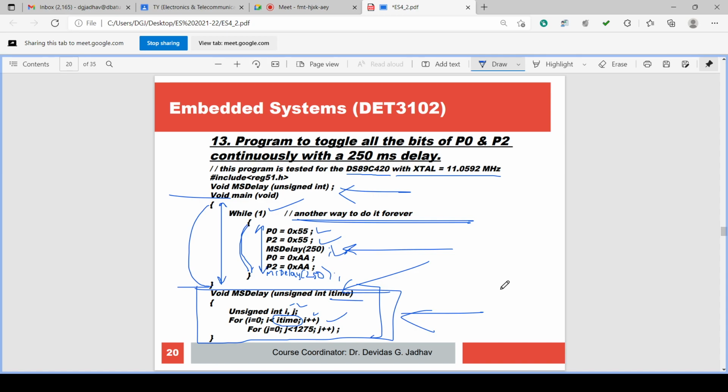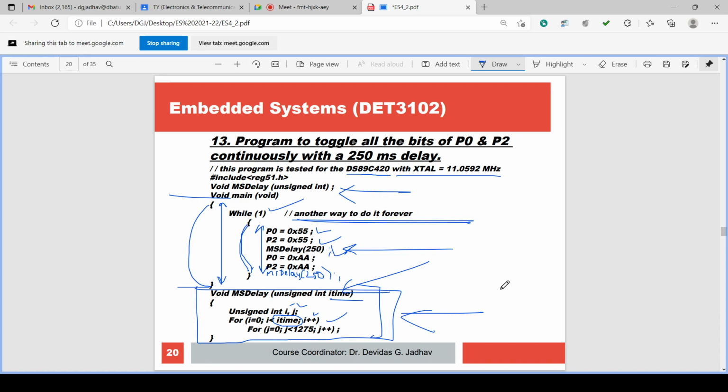We are able to watch this on the ports P0 and P2, that yes, the value 55 is available. Then the delay ends, the program goes to the next step, and P0 and P2 are assigned the values of 0xAA. So now values are changed from 55 to AA.